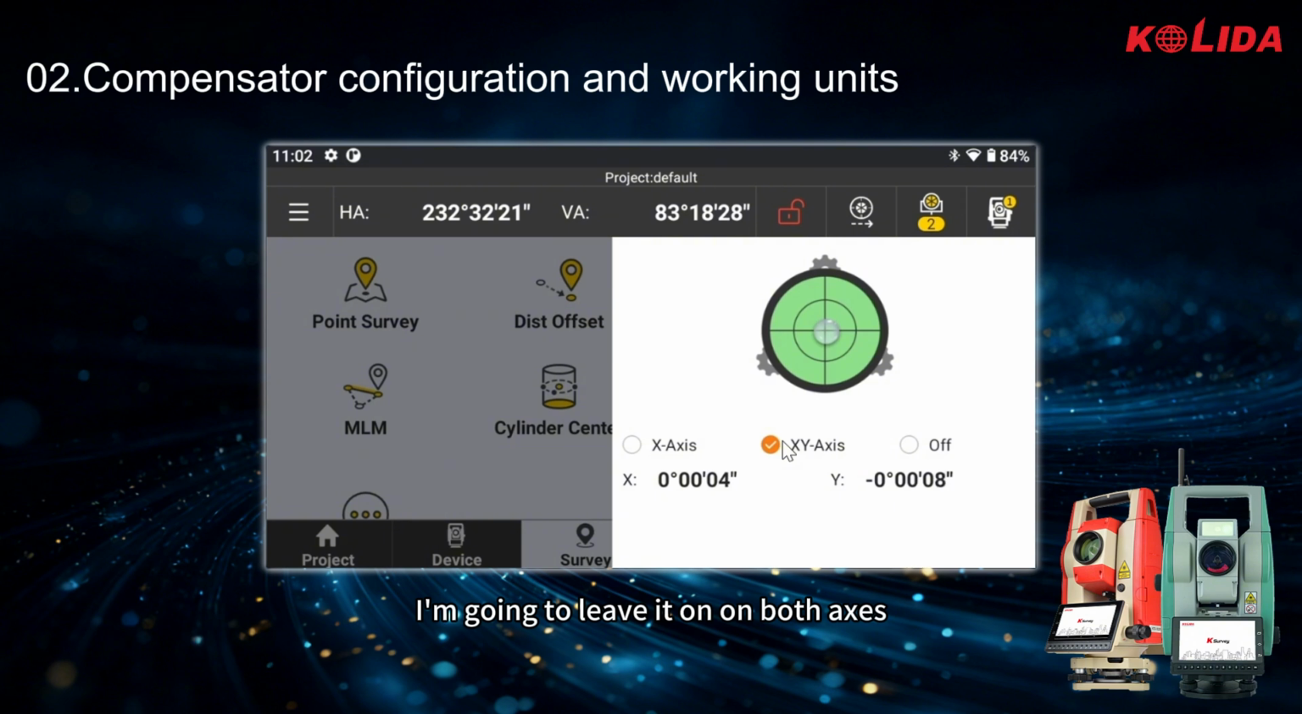I'm going to leave it on both axes, and it has an approximate deviation of about 3 to 4 seconds. Obviously, we can adjust that so that it is as close as possible to 0, and in this way, we can leave the equipment ready for the field work. Okay, here we